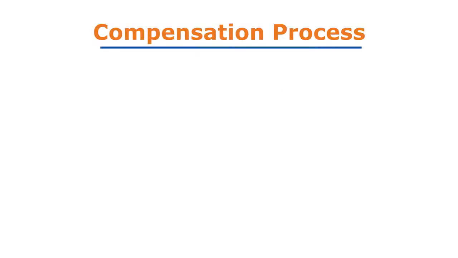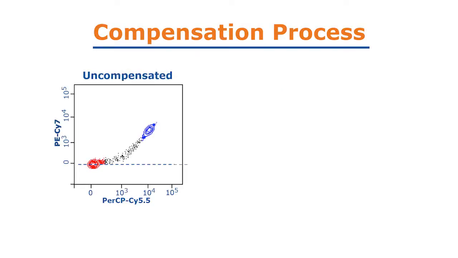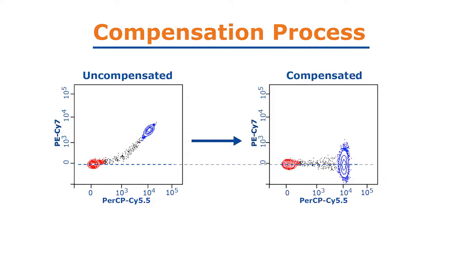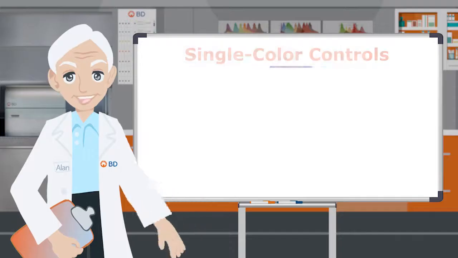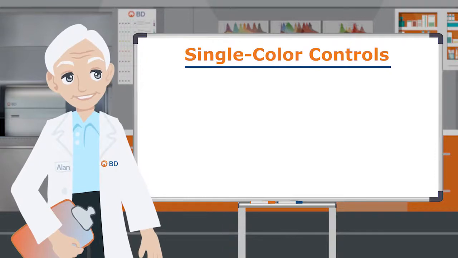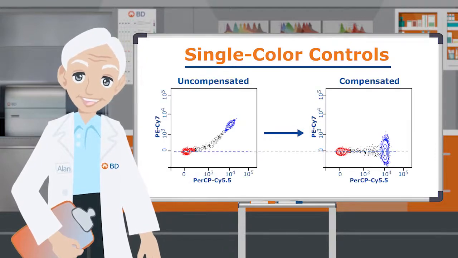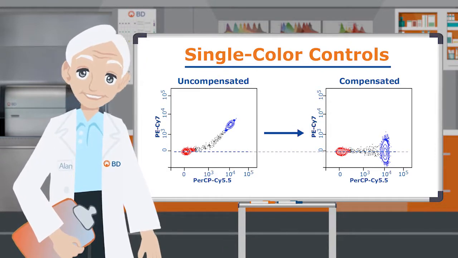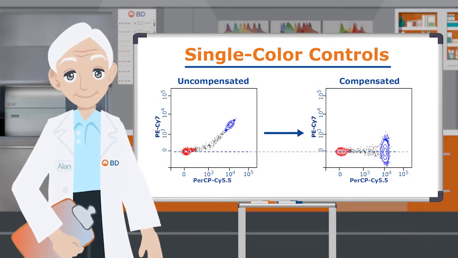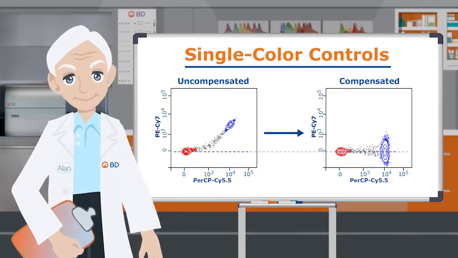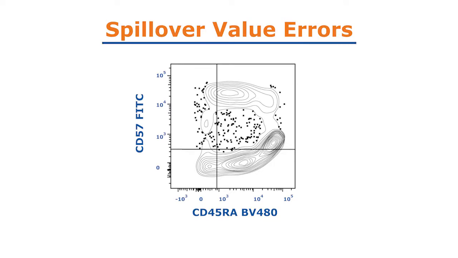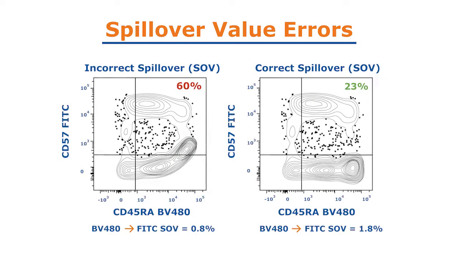In previous videos, we've seen how compensation is the process by which we subtract background due to fluorescence spillover. To perform this compensation, you must run single color controls. The Cytometry software then uses these controls to create a matrix of spillover values and corrects for the background due to spillover. Small errors in calculating spillover values can have major impact on the quality of multicolor assays. In this example, the spillover values were only off by 1%, but this was enough to dramatically impact data quality